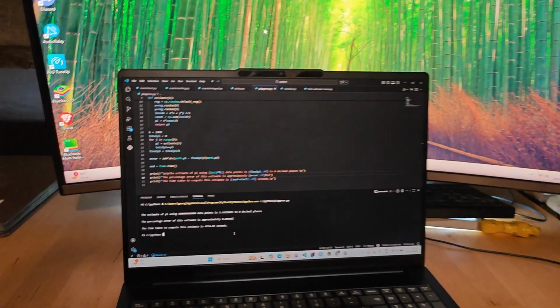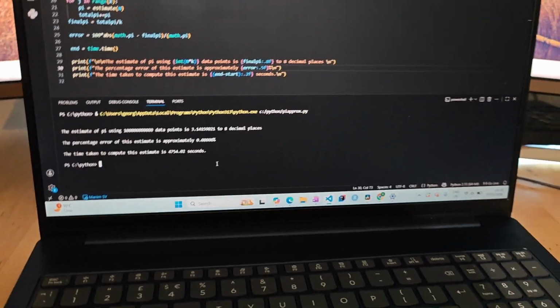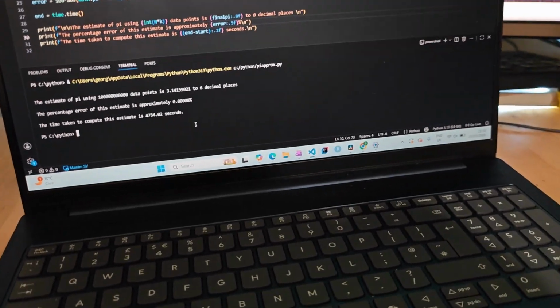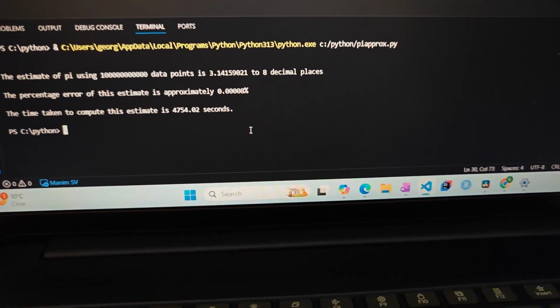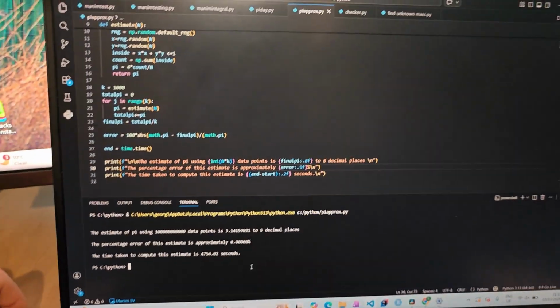Okay, I know what you're thinking. That approximation of pi wasn't that good. I mean, it's not even accurate at 2 decimal places. So I made this little Python program here,